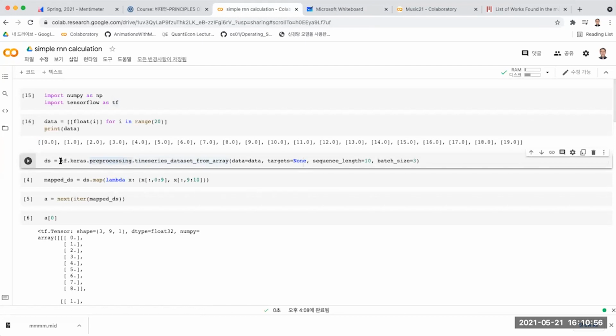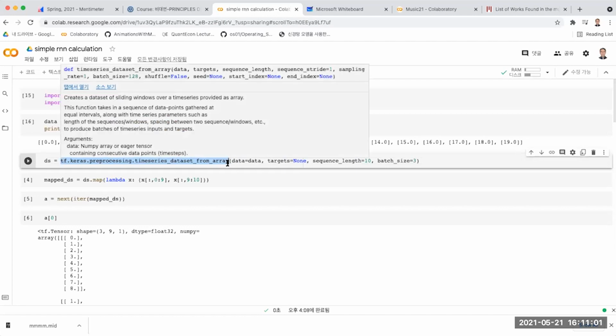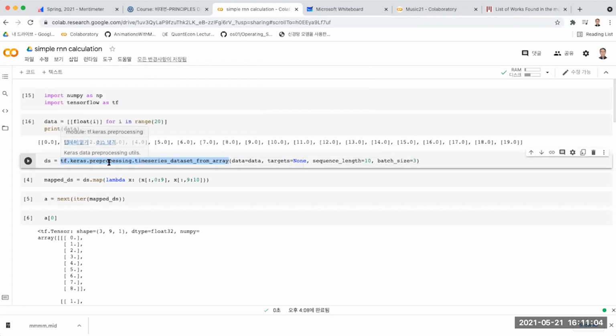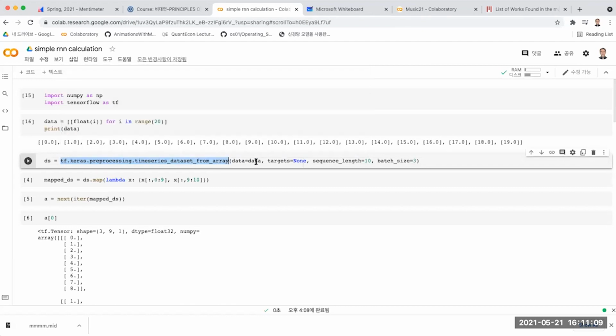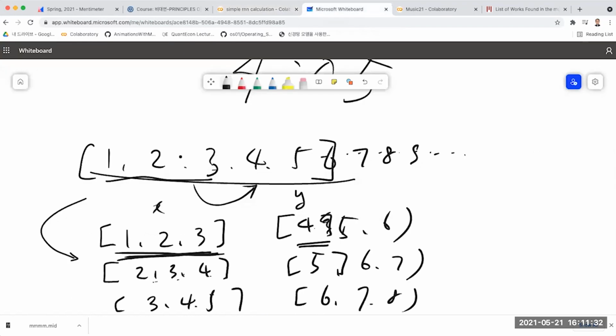And here is another preprocessing function, tf.keras.preprocessing.timeseries_dataset_from_array. There are some arguments. So data is data, which means these 20 numbers. And target is usually None. We need the target if you want to predict something new, not just inside our data sequence. So what I mean by that is,